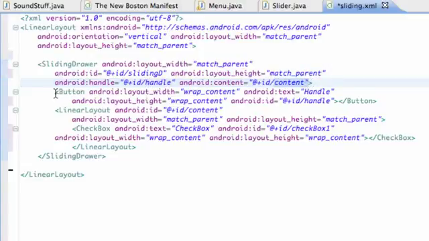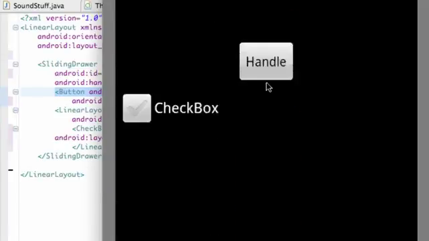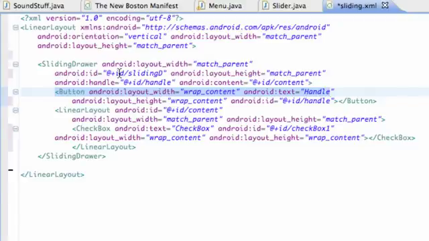And then within the sliding drawer, as you can see, it closes here. Within here, we have a button, and that's basically our handle. Just think of a drawer, like your dresser drawer. This right here is our handle, this button. So we can pull that handle up and down. That's what this button is, and it just says handle there as the text, and then we also establish an ID for the handle